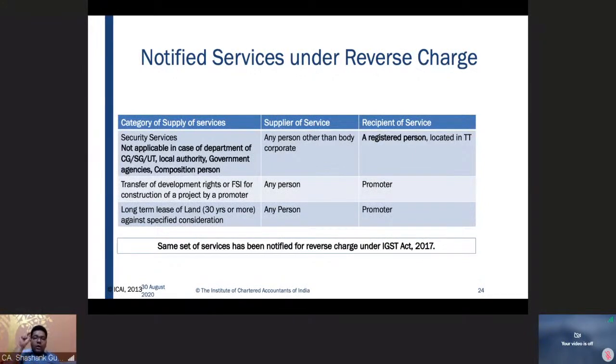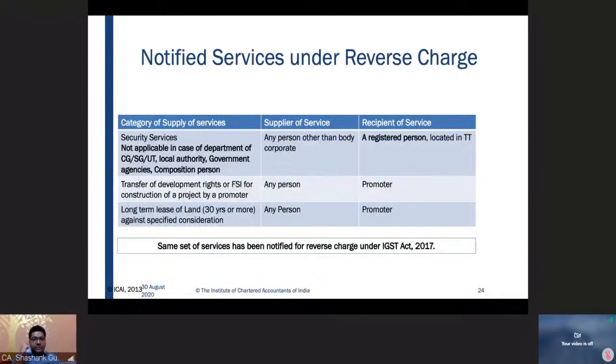So these are small tiny things which are important to remember, because this can result in a trick question testing your memory in exams, and there you may recall, okay, security service is covered under reverse charge, but you may skip reading that A Limited provides security services to B Limited, which means that a body corporate is providing security services to another person. Security services are there, but since the supplier of service is a company or a body corporate,